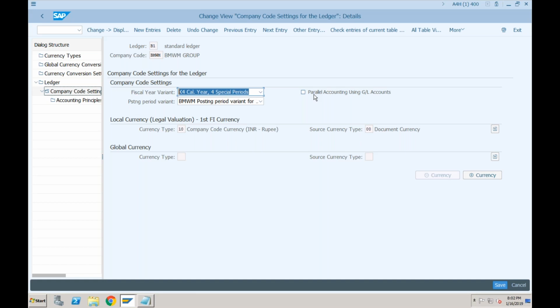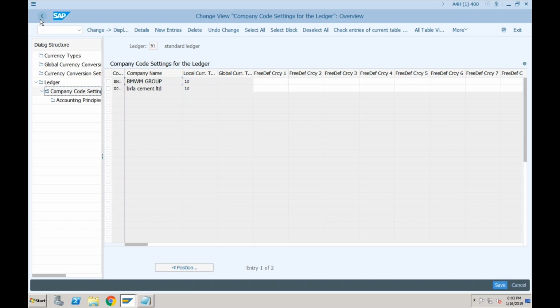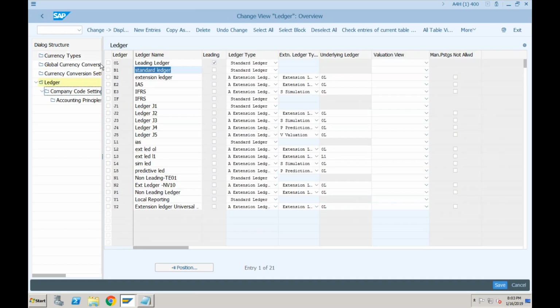Other ledgers will not even be created. This is a test system. Somebody has created a lot of ledgers, but when you actually migrate the system from classic GL accounting, you will not see any ledgers at all. It will just show you one single ledger, which is 0L.